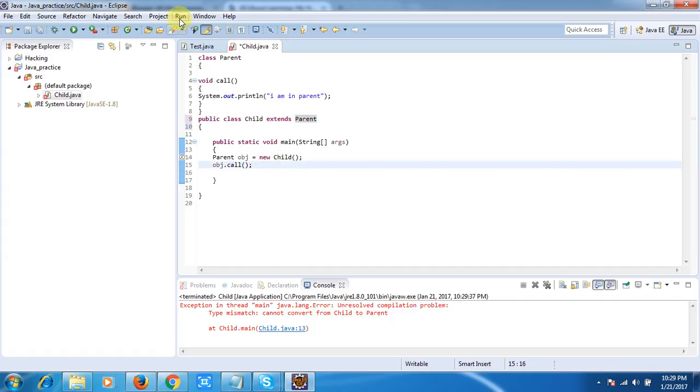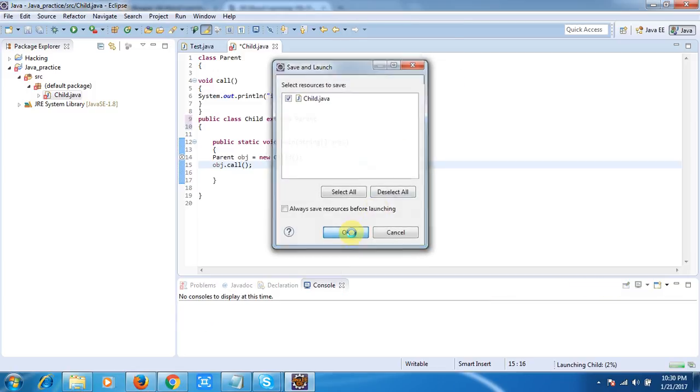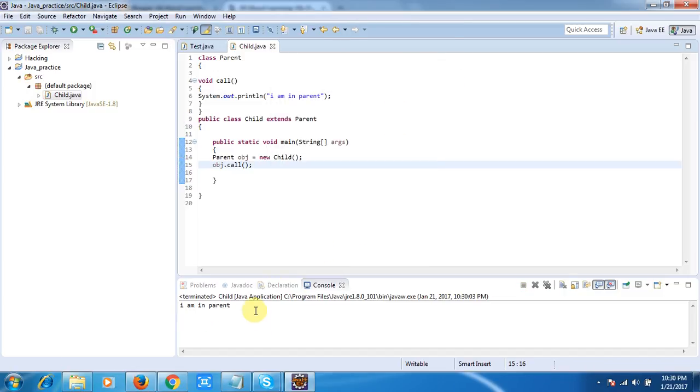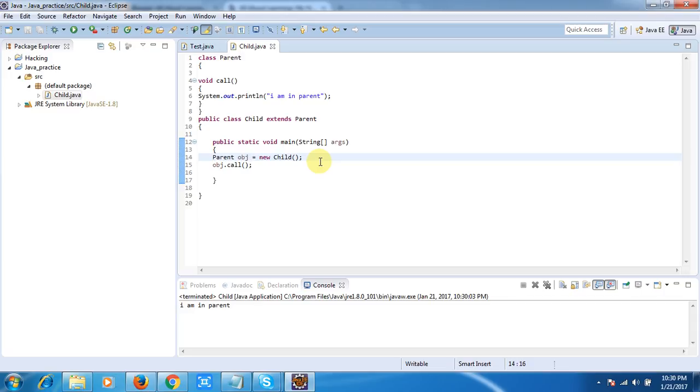Now using this we can access the parent class method, but vice versa is not possible. Meaning if I write child in the case of parent, and in the case of child I write parent, then vice versa will not be possible. Let's see by an example how vice versa is not possible.